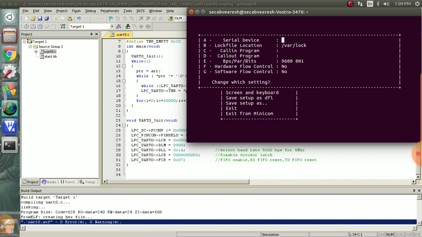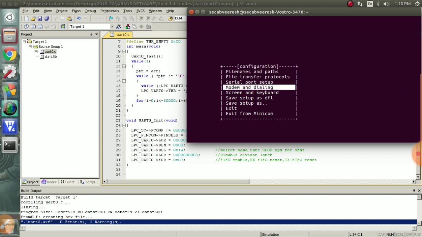Hardware flow control and software flow control should be set to no. Then change all these settings accordingly. Press enter. Now save setup as dfl and then exit from Minicom.